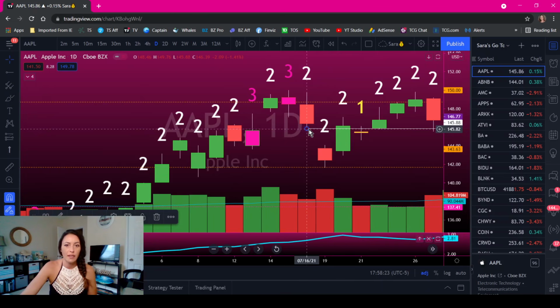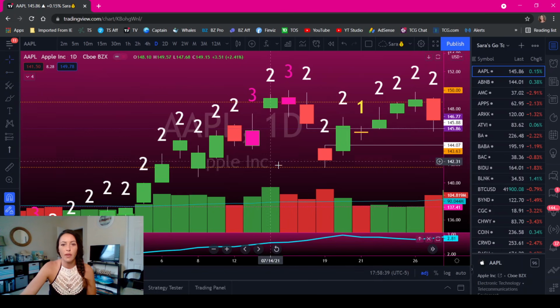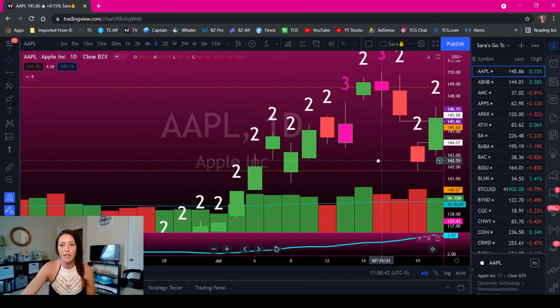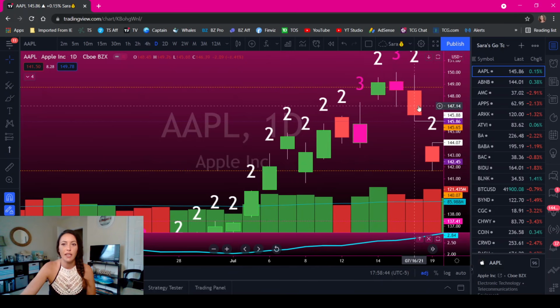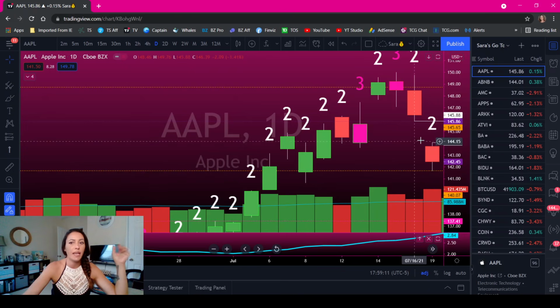So I consider it like a space of air between the previous day's wick, whether it's a low or a high, and the next day's low. So if you'll notice, let's pretend this day doesn't exist yet. So it's just a difference in the closing price of one day and then the opening price of the next day. Gap fills are our targets, but you don't just want to buy the dip because there's a gap.